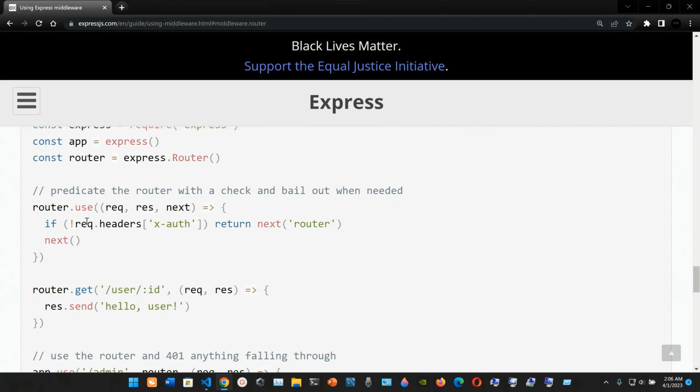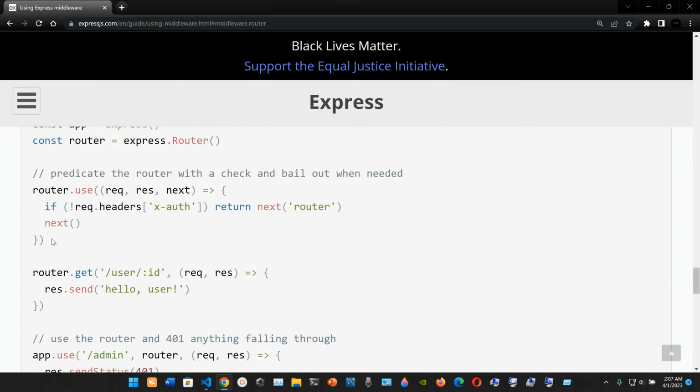So we're gonna have if, inside of the parentheses, if not request.headers, open brackets, inside single quotes x-auth authentication, close brackets, close parentheses, return next, and we're gonna pass in the router, and then we're gonna be calling the next function. So we close the curly braces and we close the parentheses, and that will be it